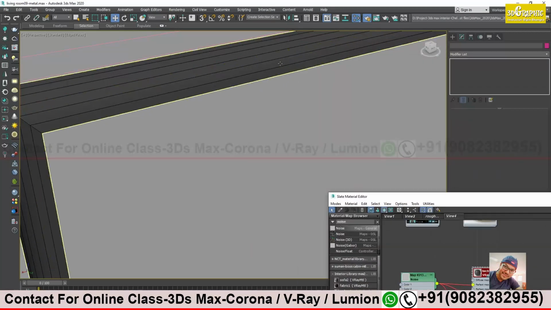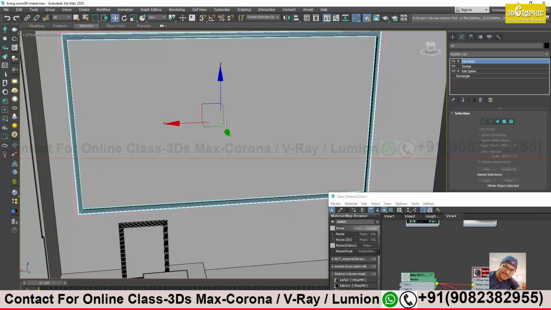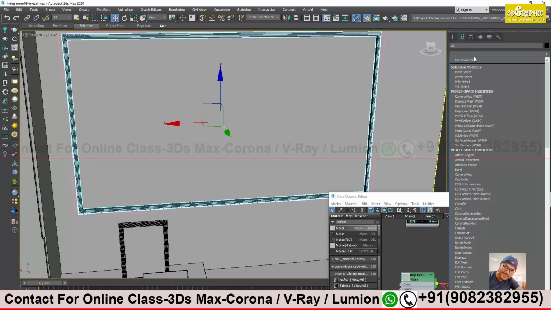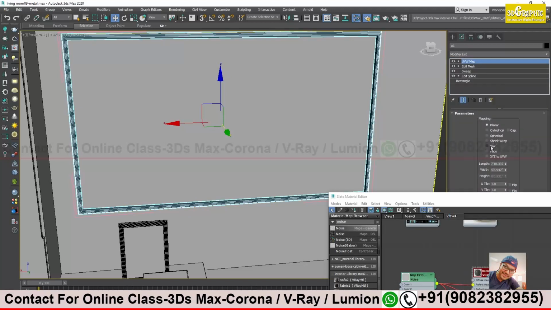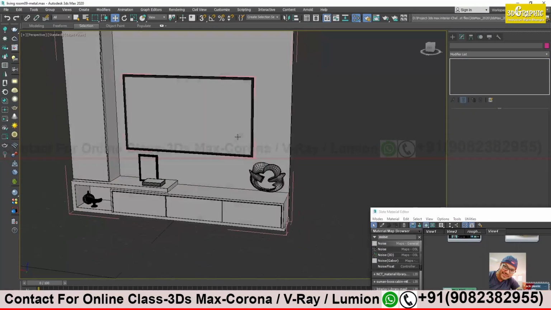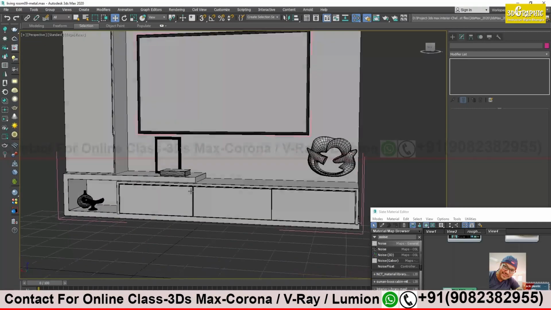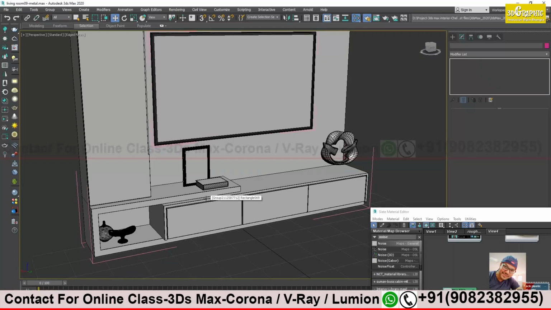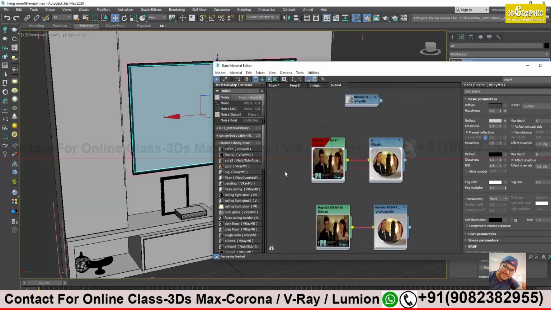I think I have to check the UV also, because it has a shape. Just apply a UV box. I'll leave it as it is. Right. So the TV is done. I think on the TV we have not applied the image. We have prepared the material, but we have not applied it. Okay. Now it's applied. Yes, but this will not be visible over here.